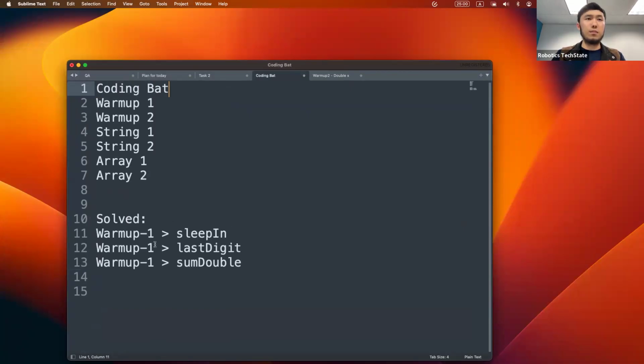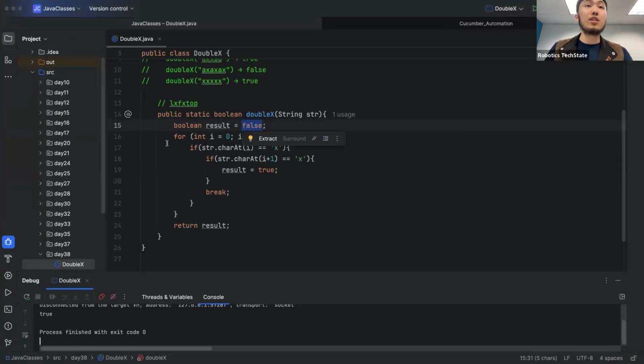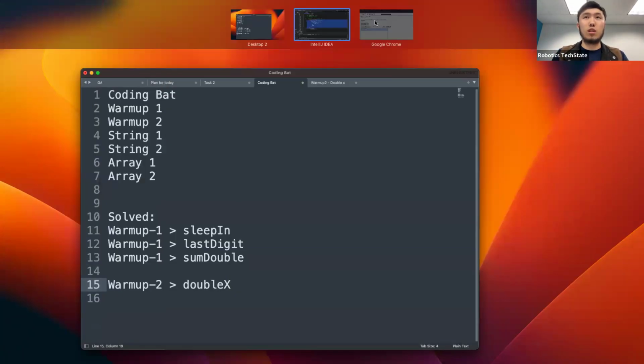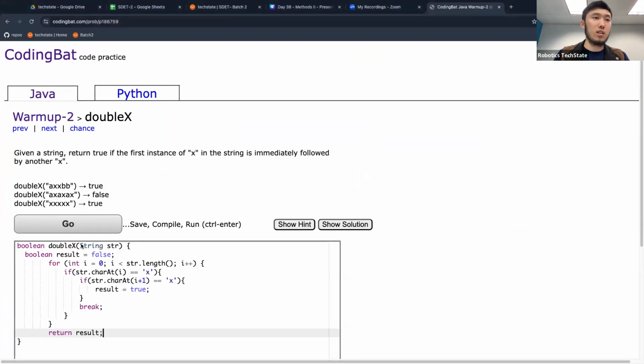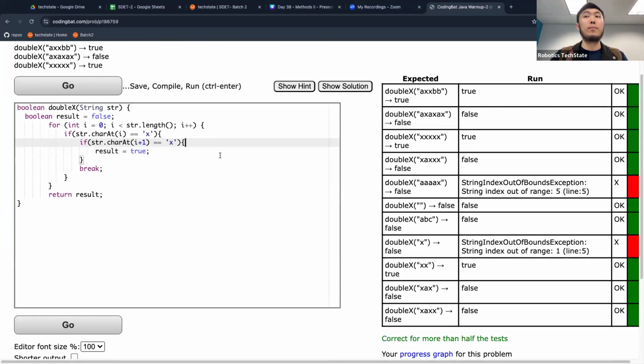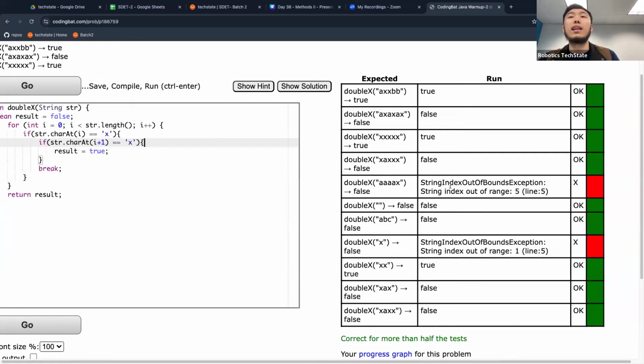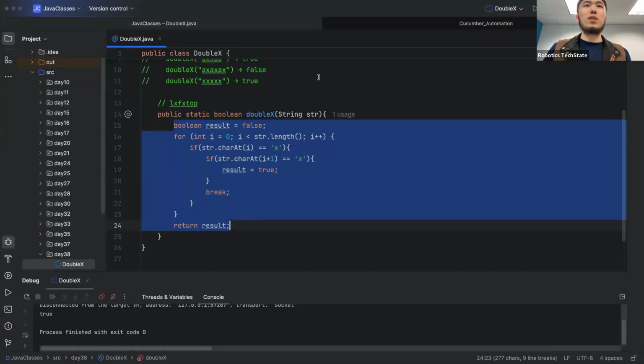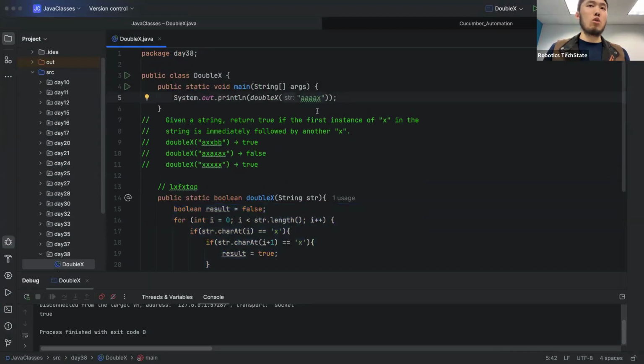Okay, warm up to double X. And then let's check our code. Maybe it's a wrong solution, guys. Let's put it here. Okay. Very good. One test case returns us error. Let's put this test input in our code. For 95%, our solution is correct, but for a few test inputs, it might be wrong. Look,